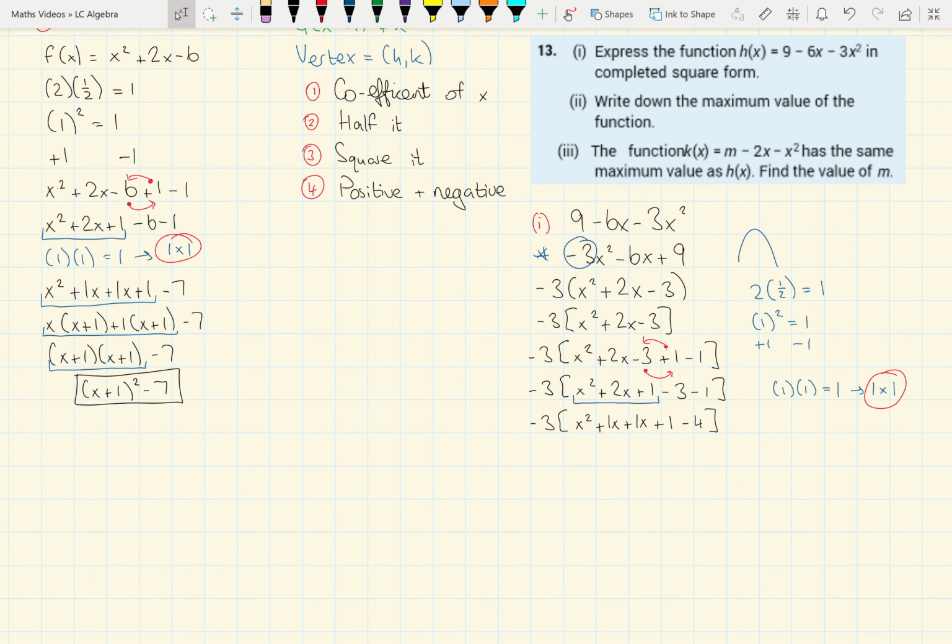I'm going to continue tidying up. I get minus 3 bracket, factorized by grouping now for our quadratic here, and I get x times x plus 1, plus 1 times